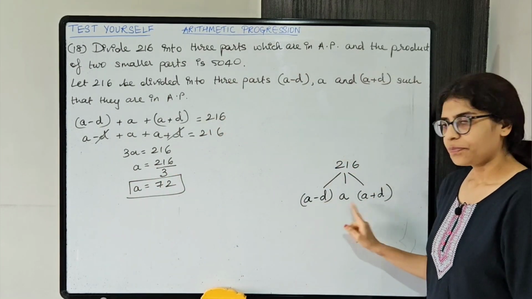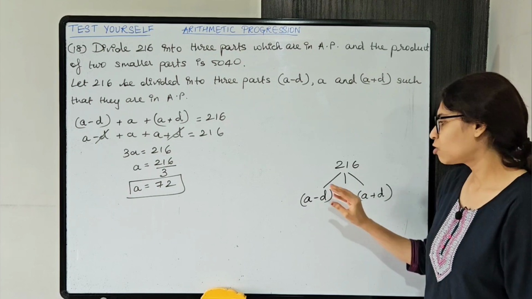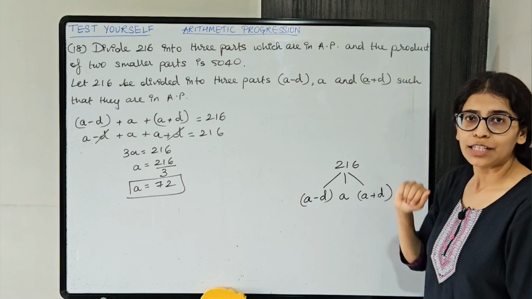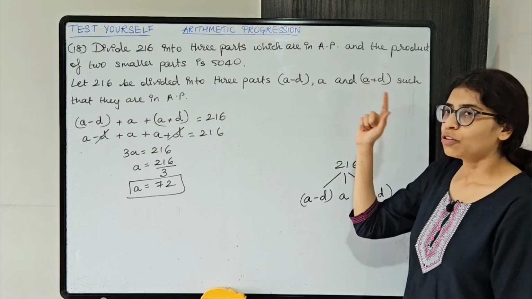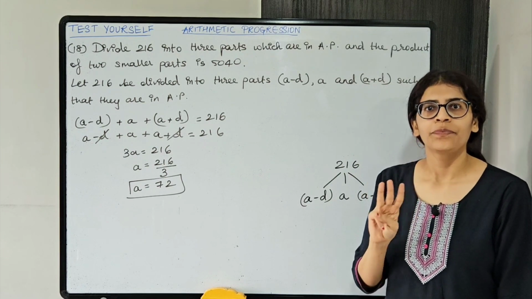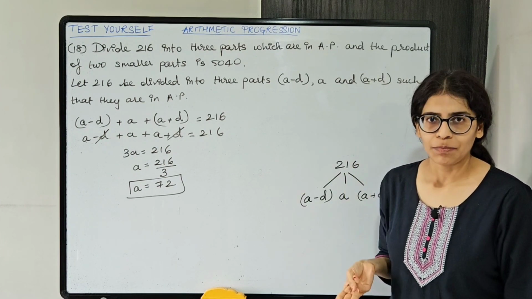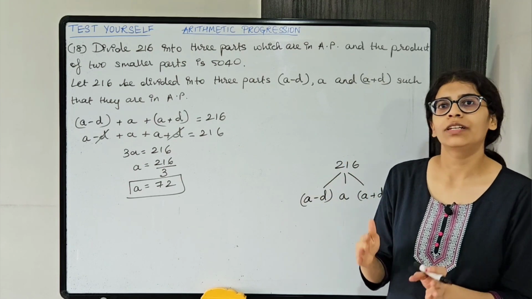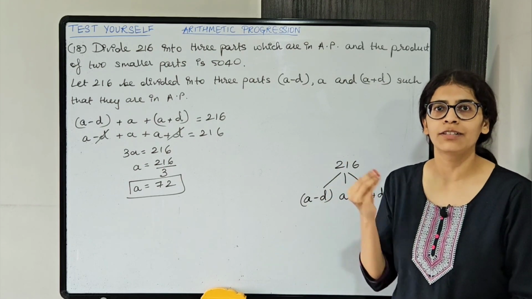A मिल गया, D find out करना है to find out the 3 numbers. Okay. So for that other condition is given. Now before moving on to the condition, let me tell you one thing, students. There are 3 types of AP: increasing, decreasing and same. Okay, so this we studied in introduction part. Please go through the introduction part in case you are not clear with the basics.